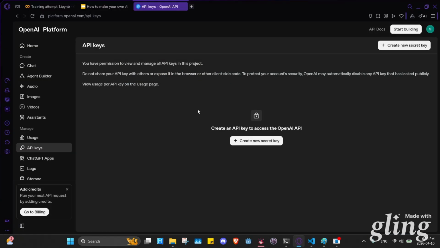Next, I'm going to be explaining how to get a local AI on your computer where it uses no Wi-Fi